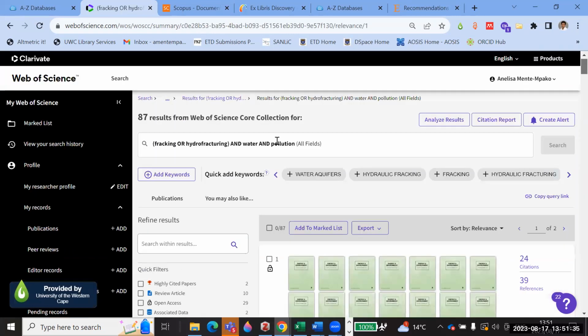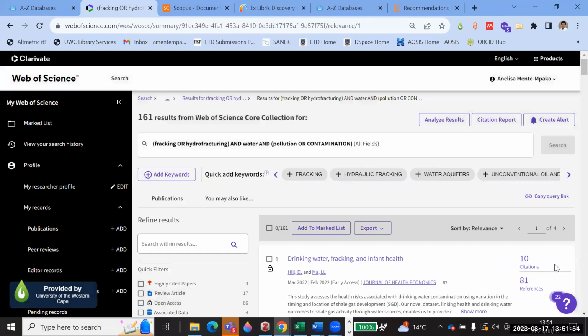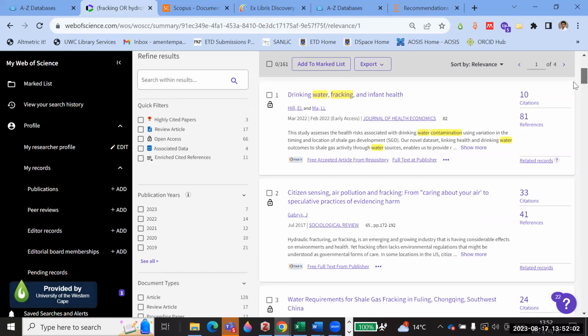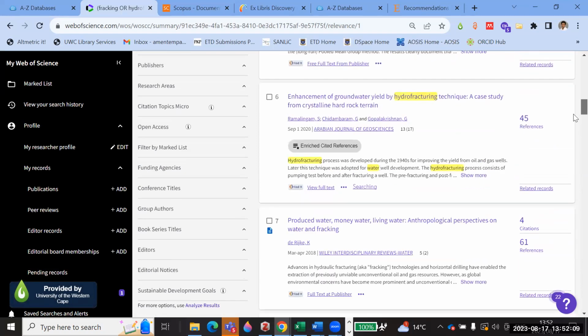And if I want to exhaust all my options, I say or contamination. Okay, excuse my lower and uppercase. Contamination, then I click on search. Okay. We are now at 161 items. Okay. So when you reach a decision that, okay, this is useful, then you may just scroll on your items